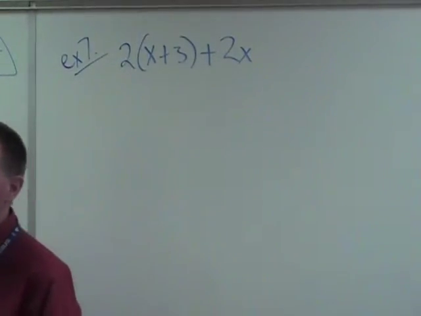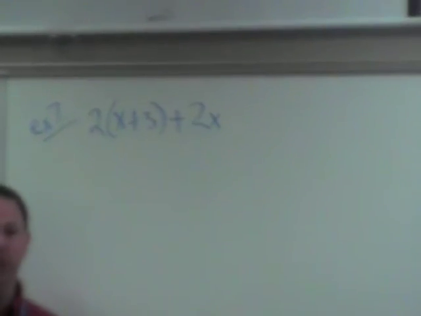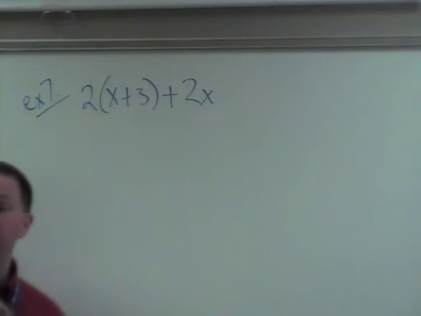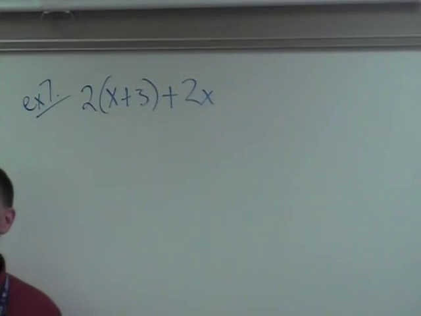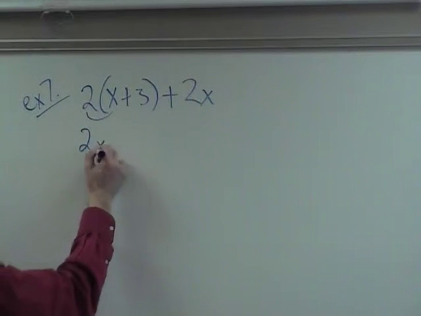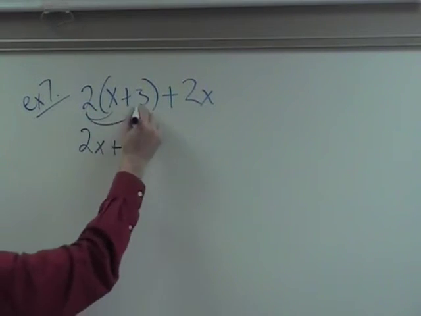Everybody try, and then I'll work through it. Those are parentheses. 2 times the quantity x plus 3 in parentheses, plus 2x. So guess what you gotta do first? Parentheses. Well, you can't do anything inside the parentheses. So what do we gotta do? We distribute. Everybody understands distribution, we've done this. Distribute the 2. It's 2 times 1x, which is what? 2x. Plus 2 times 3,